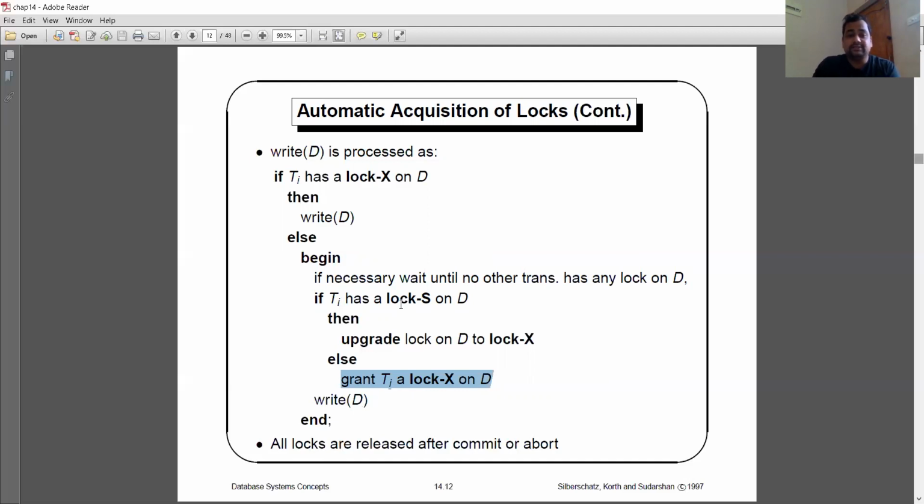So this is exactly the mechanism of how the lock is automatically acquired, whether it is for a read operation or for a write operation. Then we have to perform one of two operations, either a commit or an abort. What is the basic difference between commit and abort? As you know, commit means the transaction is completed successfully in the end, and abort means the transaction is completed unsuccessfully. There will be some error during the execution of the transaction. It is completed, but unsuccessfully.